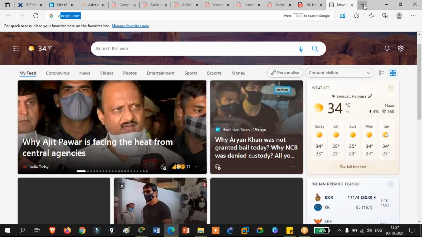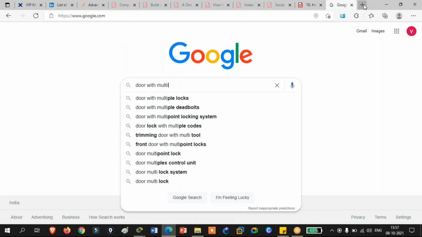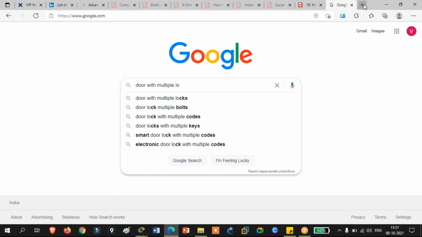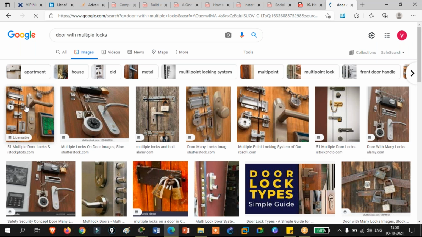I think we will have some image on Google. Let's try. Door with multiple deadbolts or locks. Yeah, like this one. This is the image I am talking about. So if you are doing something like this, this is more encryption, putting a higher value. If somebody tries to open this door, it will take more and more time, right? Yes, sir. But it will also take more time to do all of these locks when you are locking it, but this is secure, right?